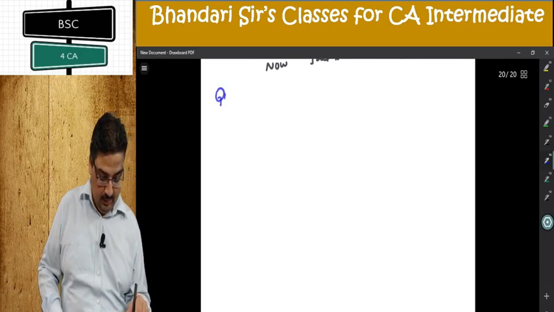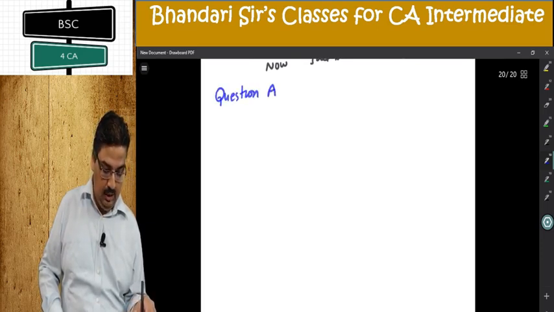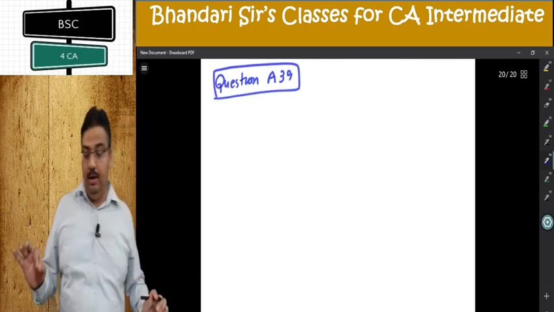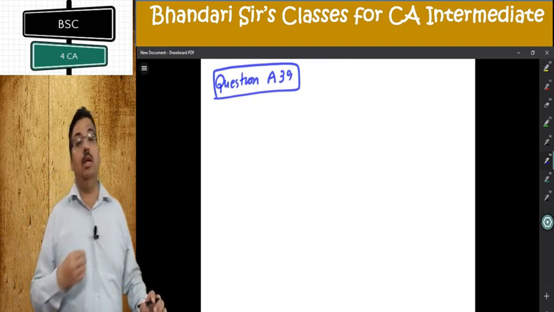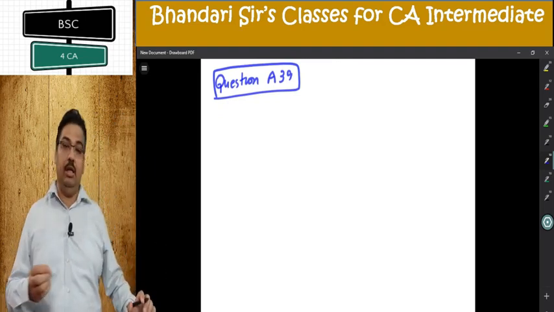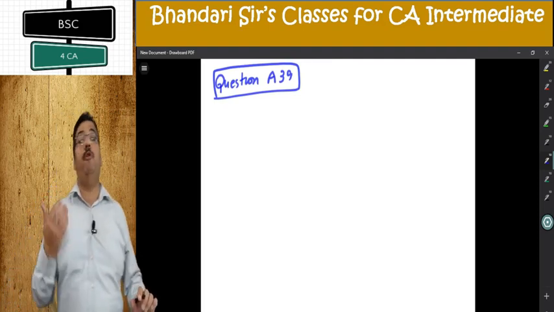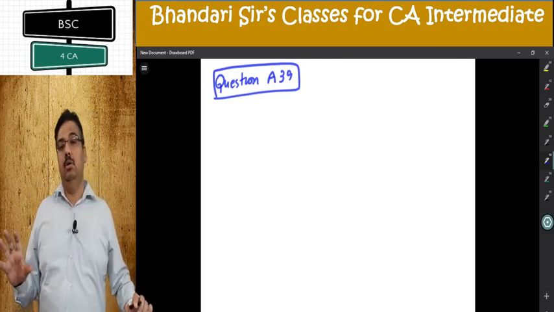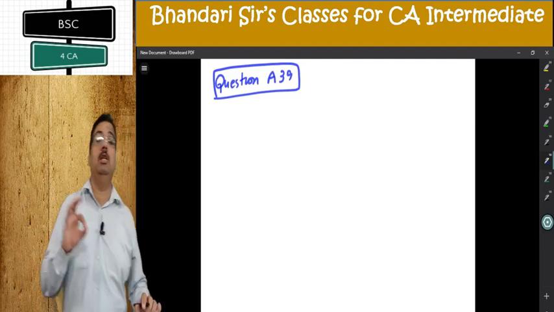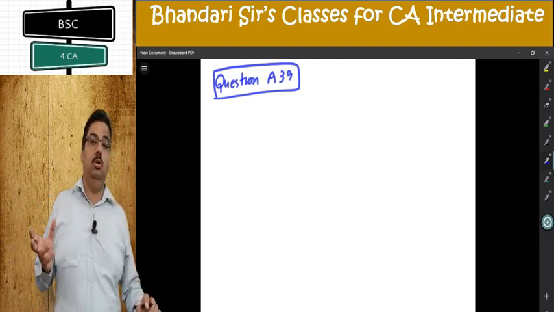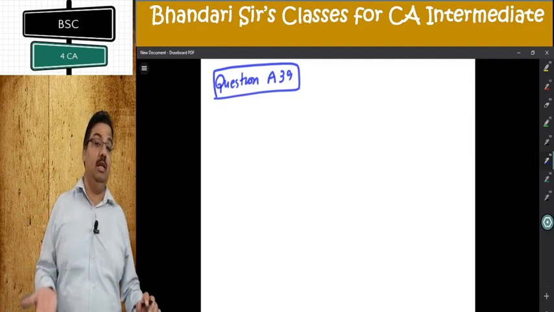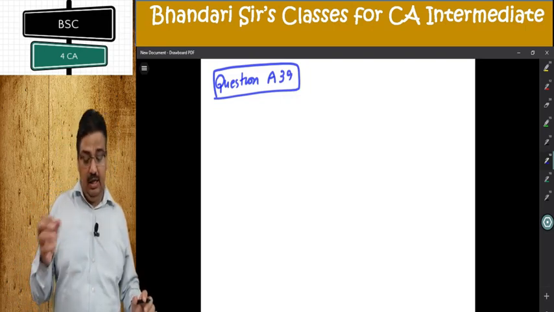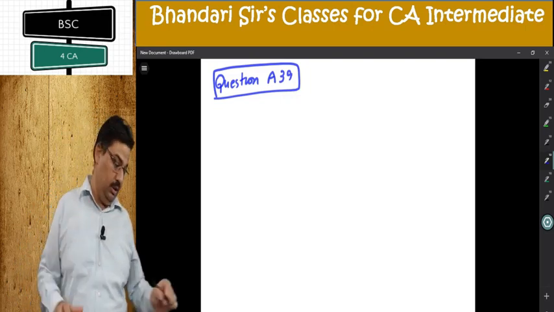Last question in this category, question A39. It is quite an oral question. If you want to understand more, you can make examples and check the same. But it is on how the profit volume ratio is going to get affected. So take a simple thing in your mind: contribution per unit divided by selling price per unit. Whenever they change, PV ratio will change. Will it increase? Will it decrease? We can make examples and understand, but you have to get the direct link. It is half a mark for each part in the exam, so I'm going to explain part by part.